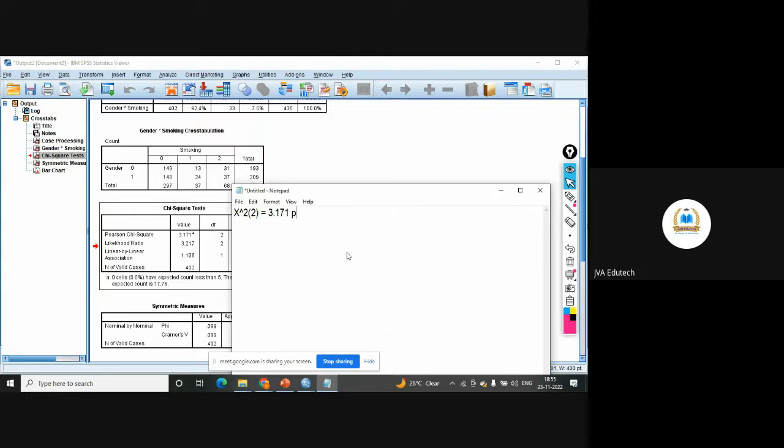At this, P is greater than 0.05. So we fail to reject the null hypothesis,